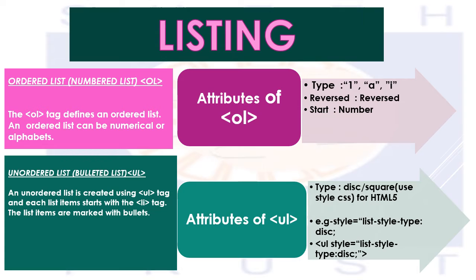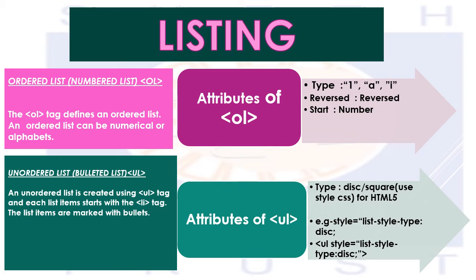Now come to the unordered list. In the unordered, that is bulleted list, we have the attribute named type. First thing, type. In the type, you have to specify which type of bullet you are using. Either you are using a circle, a disc, or a square. We are talking about the unordered list, which means here you are not using the numbers, you are using the bullets. That is, either a circle, a disc, or a square.